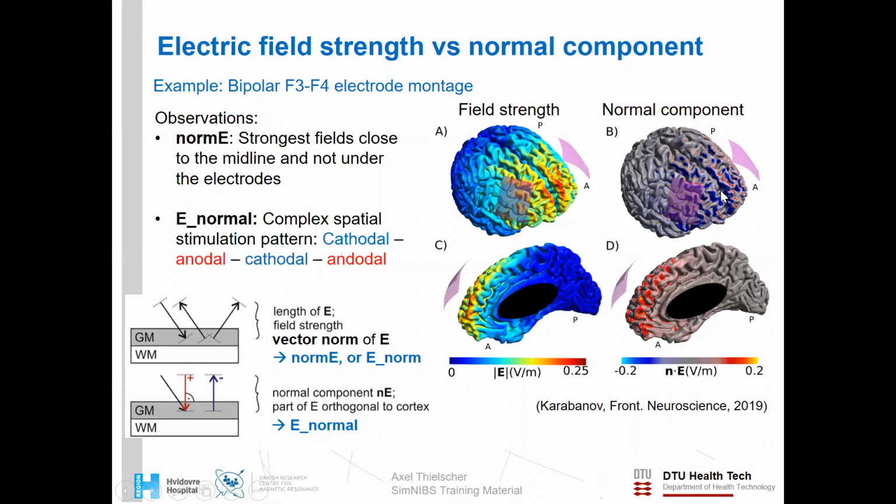When they flow into the right hemisphere, they have to flow out of the left hemisphere on that side. So here we would have again a cathodal stimulation, and on the other side again an anodal stimulation. So we have a plus-minus pattern here,